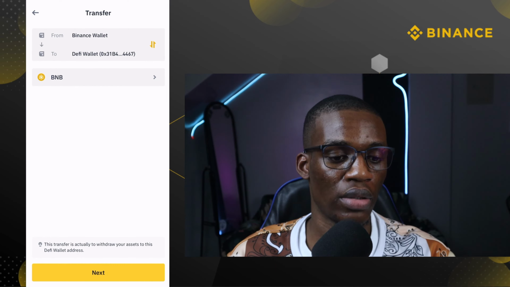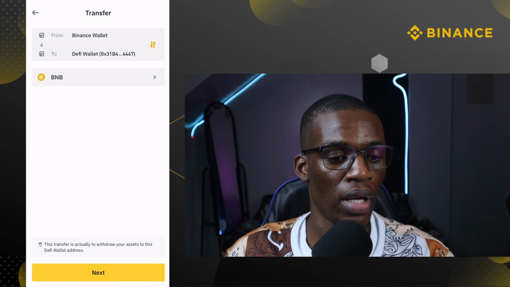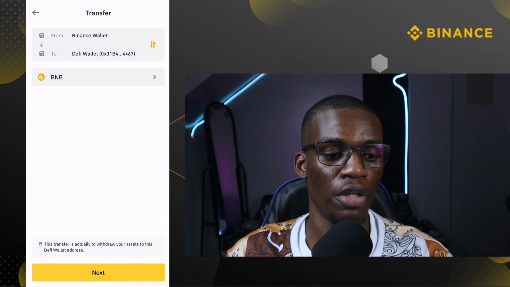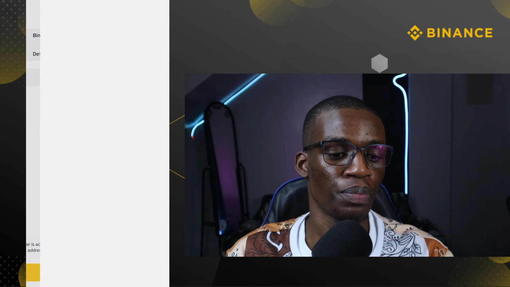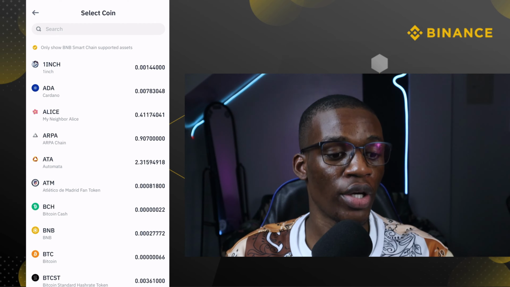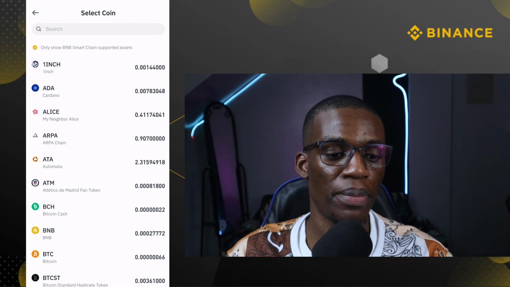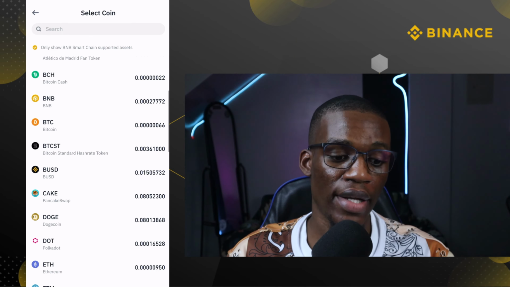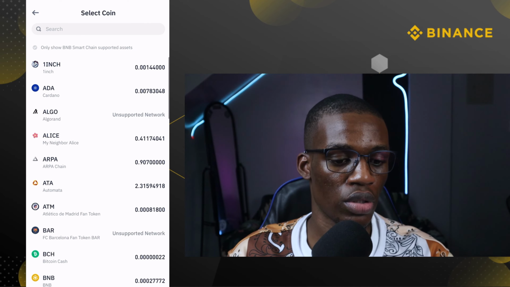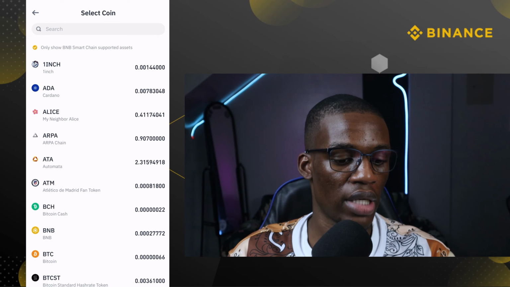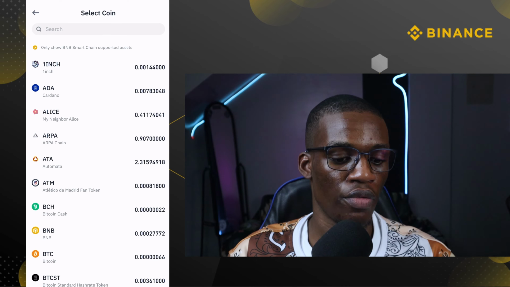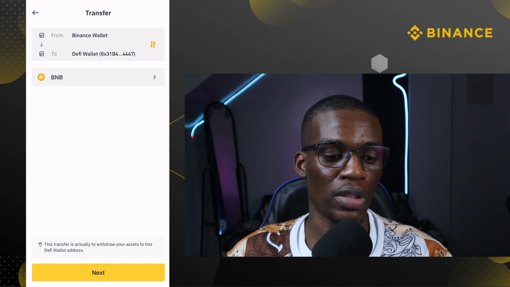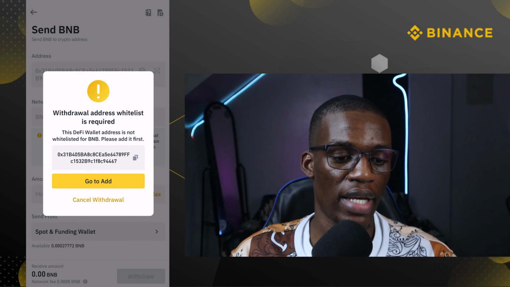So I can just click on transfer. I can just select Binance. I'm going to make sure it's from Binance wallet to DeFi wallet. And from here, I can click on only show BNB Smart Chain supported assets. I can select that, or I can show other ones, but this is where it's meant to be on, and I can just leave it on BNB. For instance, I want to send BNB, I can just click on next, and it's going to show me that